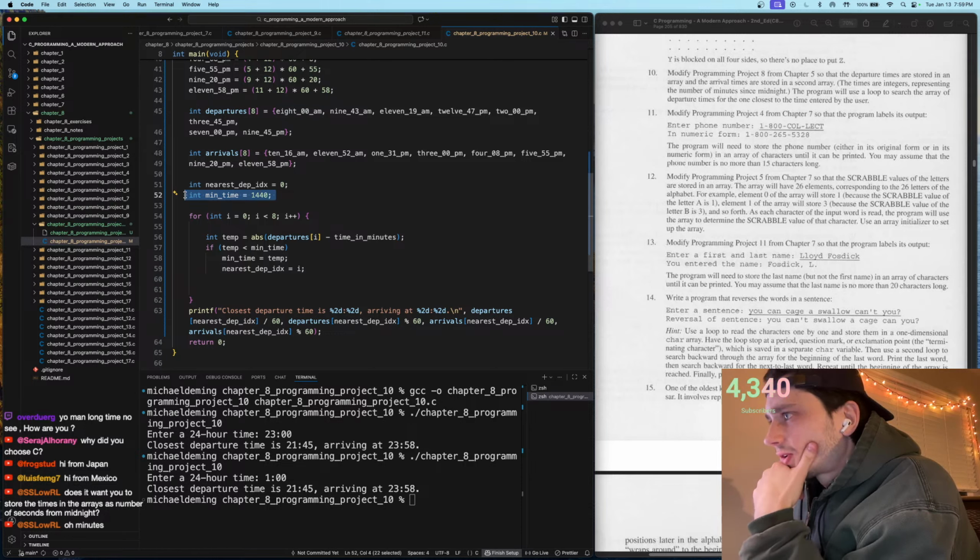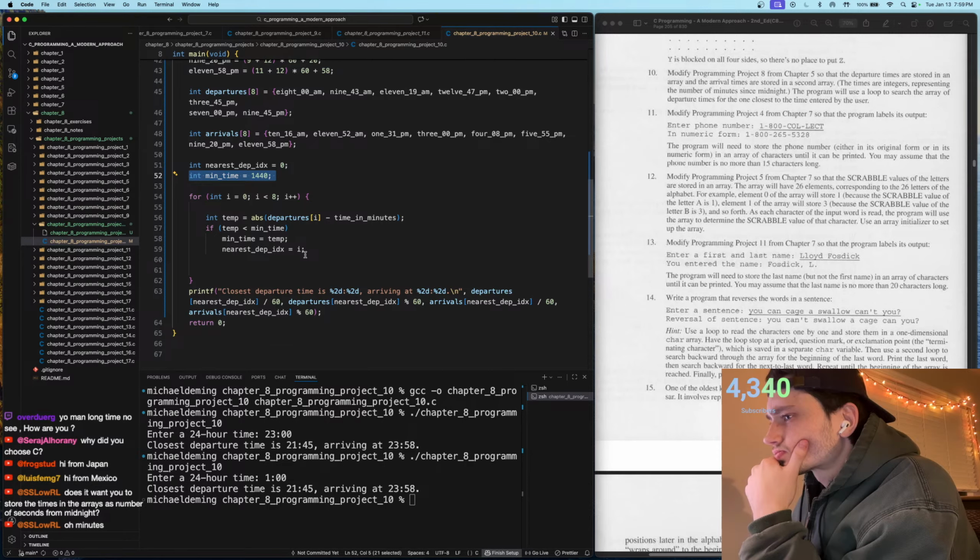So this is 1440 because that's how many minutes are in a day. The minimum time is minutes since midnight. So I think something is, the loop is continually